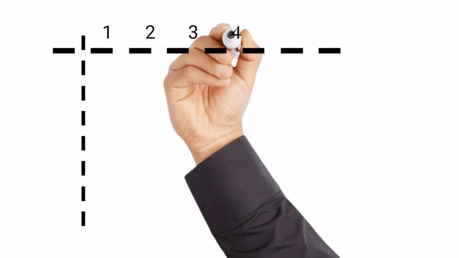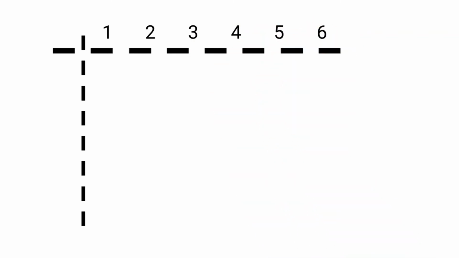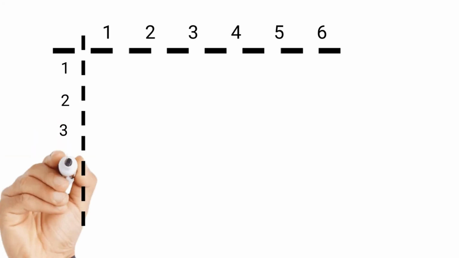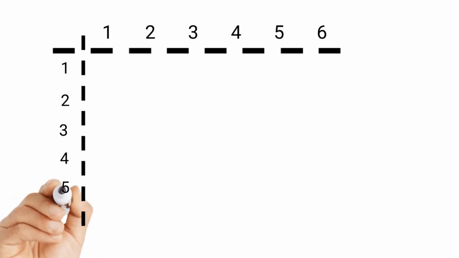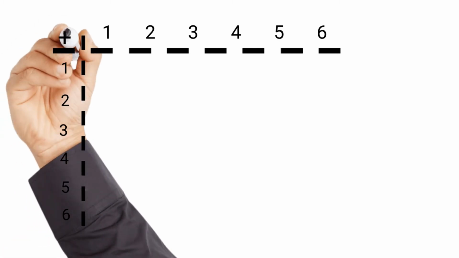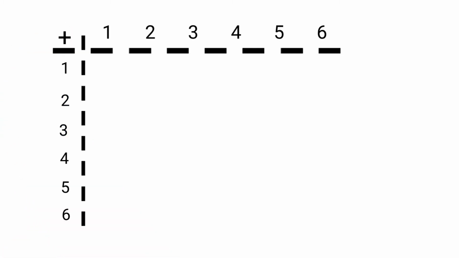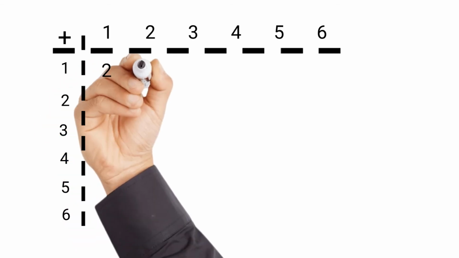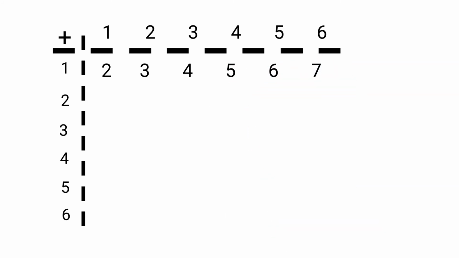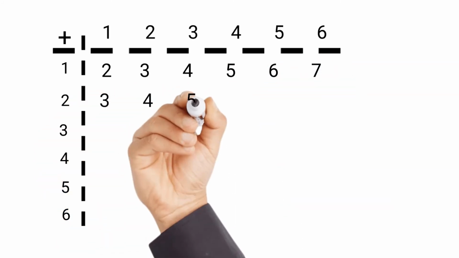So we're going to draw the table for the addition because they say the sum. So we'll list the numbers 1 to 6, the first die up, and the second die by the side, right? Since they say the sum, if they say the product, you multiply it. If they say the difference, you subtract it, and so on. And then we're adding. So 1 up and 1 on the side will give us 2. 2 up and 1 on the side will give us 3. 3 up and 1 on the side will give us 4, and so on until you get the whole side complete.